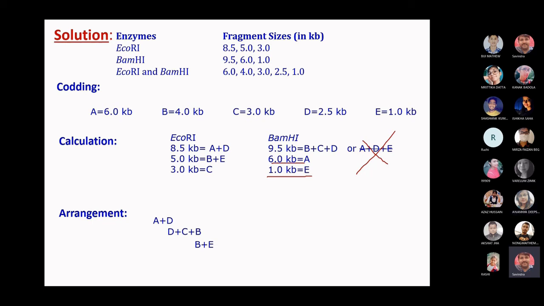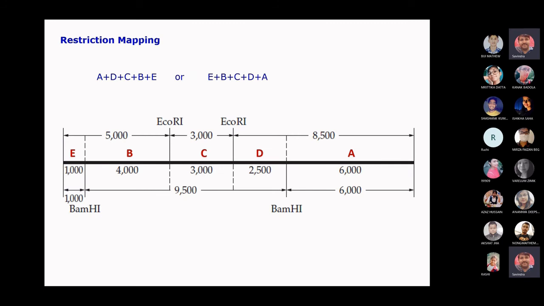Yes, sir. चलिए, तो उसके बाद बचे हुए A और C और E को हम लिख देंगे. Again, you have to ensure that all the codes should be there for EcoR1, all the codes should be there for BamH1, and no code should be repeated. Then the sequencing will be ADCBE, and the rest of the things are the same, whether you write ADCBE or EBCDE. Okay.